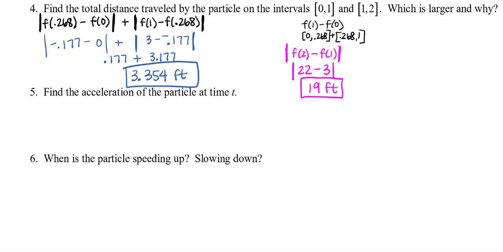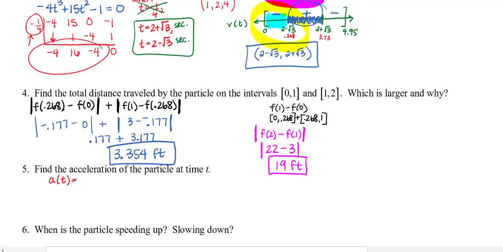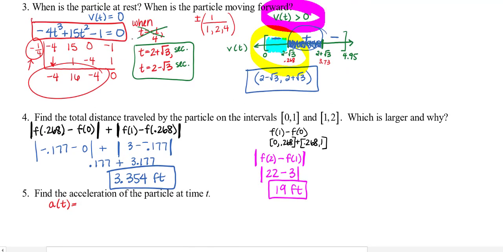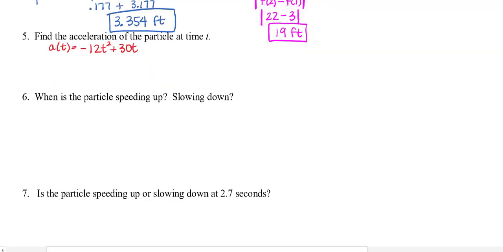Find the acceleration of the particle at time t. So that is the first derivative of velocity. If I look back at my velocity function from number 3 here, which is when it's set equal to 0, but I can still see it, and I take the derivative of that, I get negative 12t squared plus 30t. That's all that question was asking for. Now, when is the particle speeding up or slowing down is a really sort of loaded question. What we're asking you is, because of this acceleration,